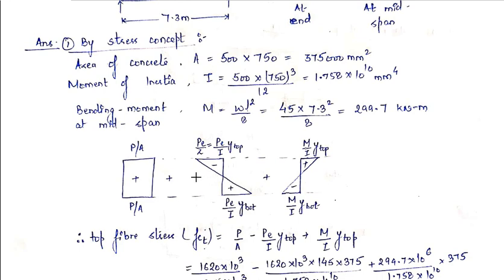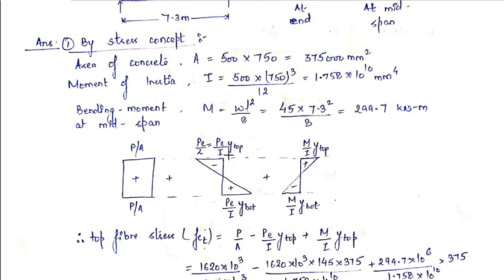For a rectangular section, the neutral axis is at the center of the cross section. Therefore the value of Y for the topmost fiber and for the bottommost fiber from the neutral axis will be the same. So Y top will be equal to Y bottom. Now this stress distribution is due to the external load, and it is positive at the topmost fiber since sagging takes place, and tensile bending stress, that is a negative bending stress, at the bottommost fiber, and its value is M upon I into Y bottom.